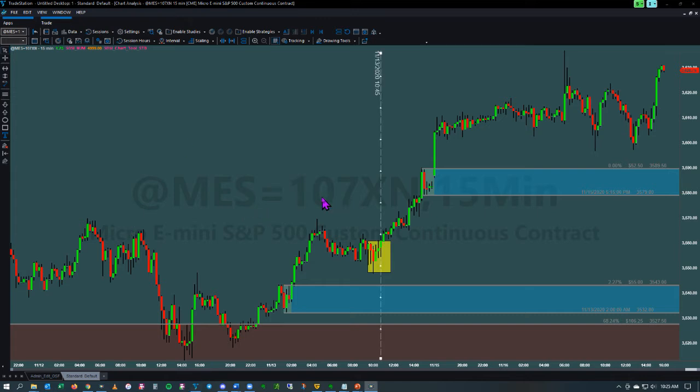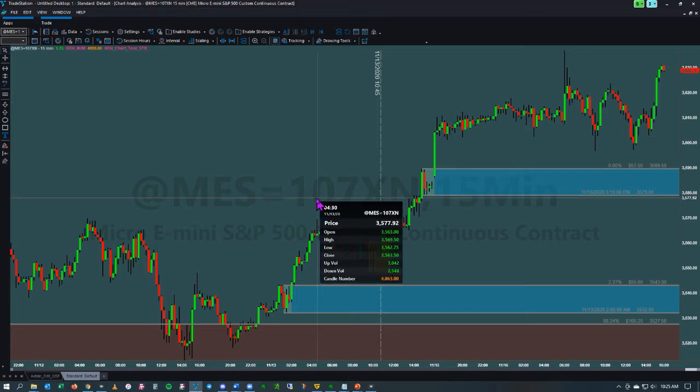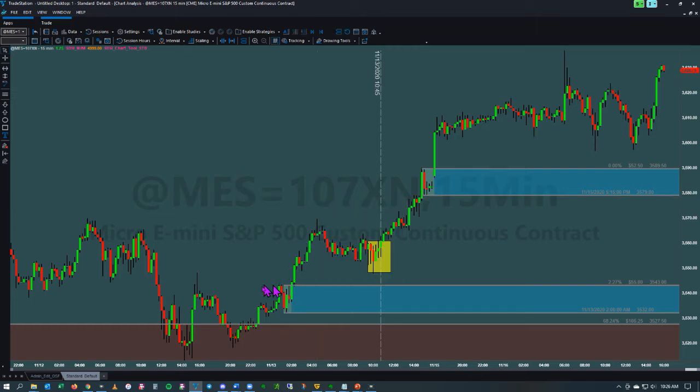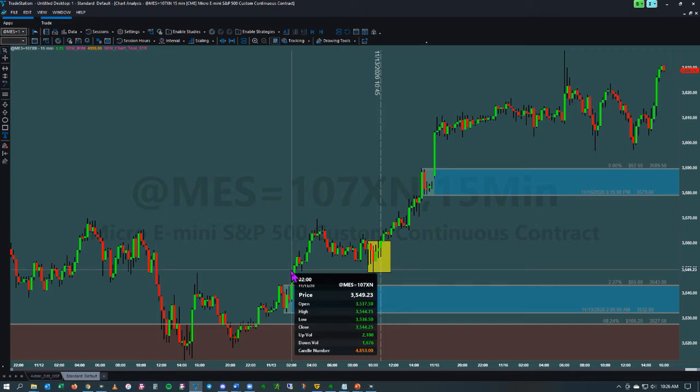Okay, so let's see how the candle number is used. If you left click above a candle, you'll get your data window and it'll show you down below. You can now see in orange the candle number is 4863. So you can use this information in several ways. Maybe there is a band drawn on your chart that you don't understand why it would be drawn there. What you can do is find the leg out candle and get that candle number, in this case 4853, and